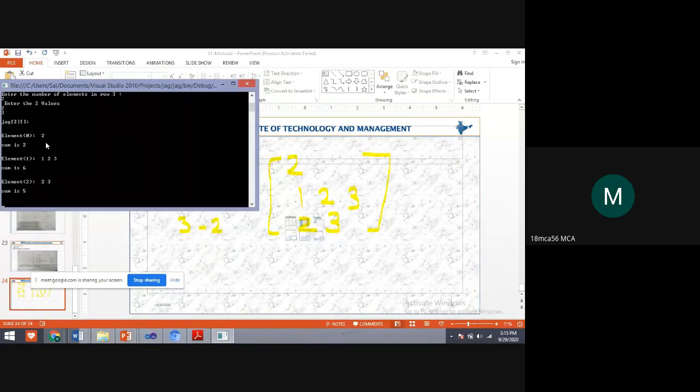First row sum is 2, correct? Second row sum is 6, because 1 plus 2 plus 3 is 6. And the third row sum is 5. So in the jagged array, we are finding the sum of each row. Understood the execution? Now we'll go to the code.